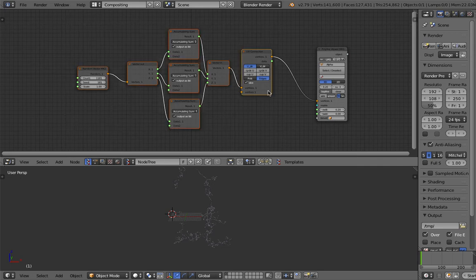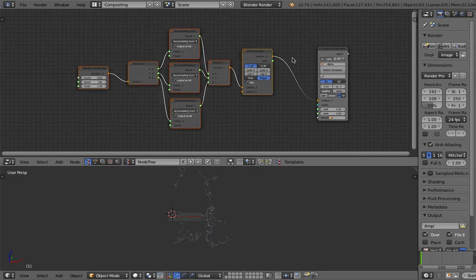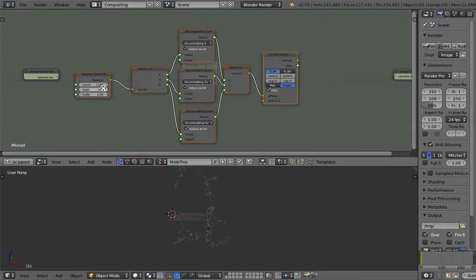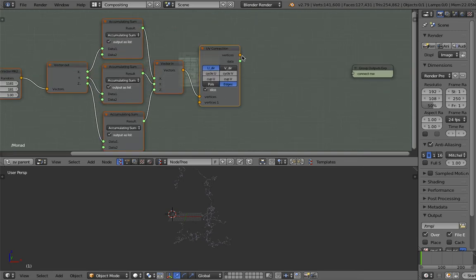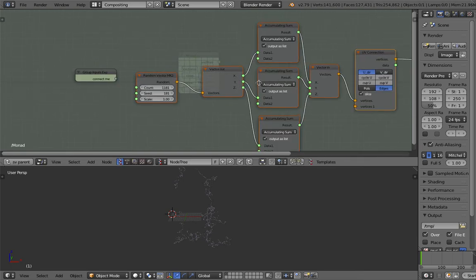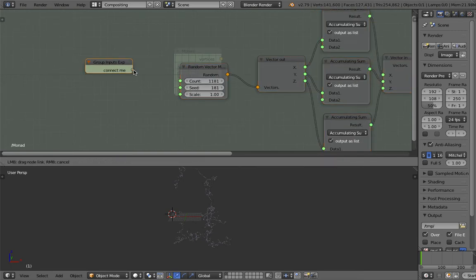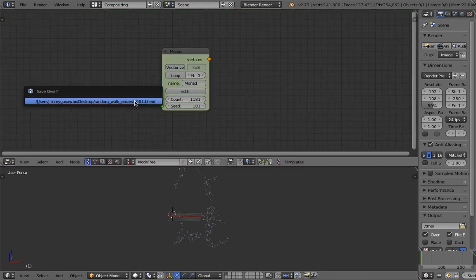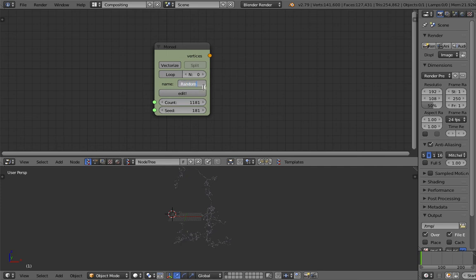Select all of them except for this guy, the output, and type in monad, create monad from selected nodes. So we have this. We want to output just the vertices, and the input is going to be the count and the seed. You can also play around with the scale. I'm not going to do that. So this is our random walk